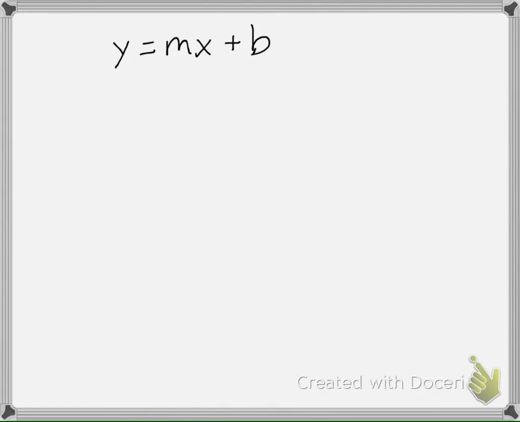And that's kind of what we worked towards from early on in the unit, when we were just putting in that form to put it in a t-table, to later in the unit where we were using that to get slope and y-intercept. So this is what a linear equation looks like. So if you want to find out whether something is a linear equation or a nonlinear equation, all you have to do is find out if you can rewrite it that way. Okay, for instance, let's say I have an equation